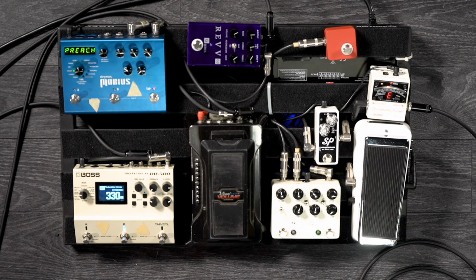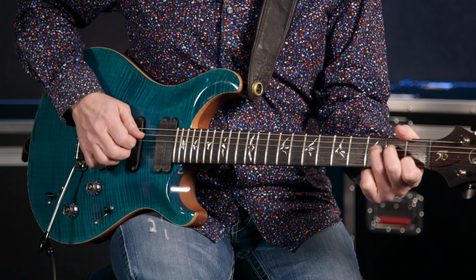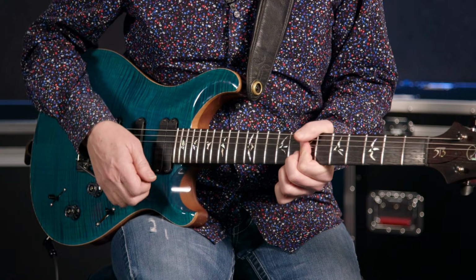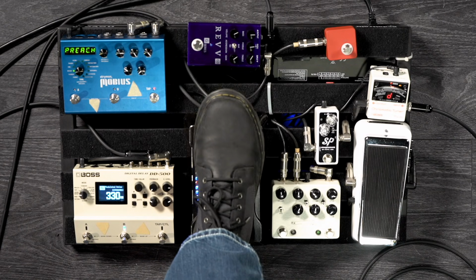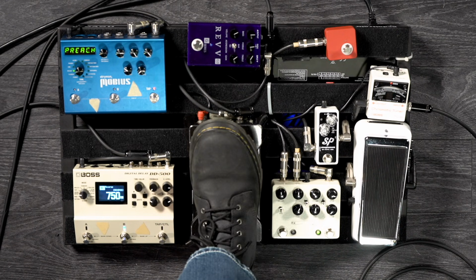And then this one's a little more useful. I like this. It's modulated delays. Nice ambience. And the Boss does so much stuff. I found so far that I've used the reverse occasionally for crazy solo stuff, like your typical sort of...